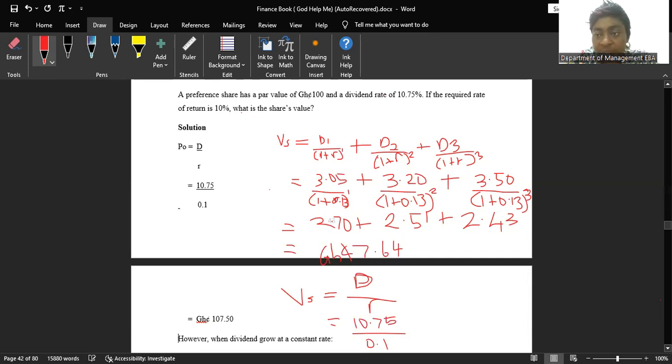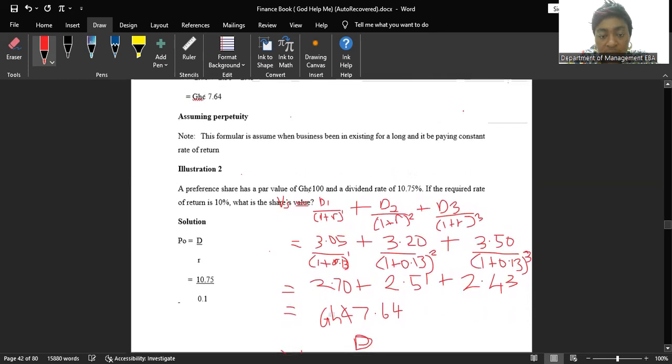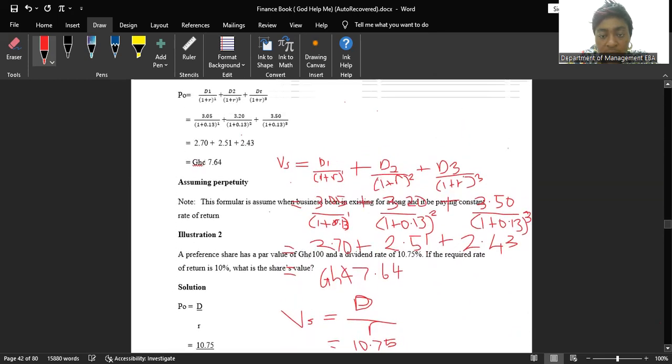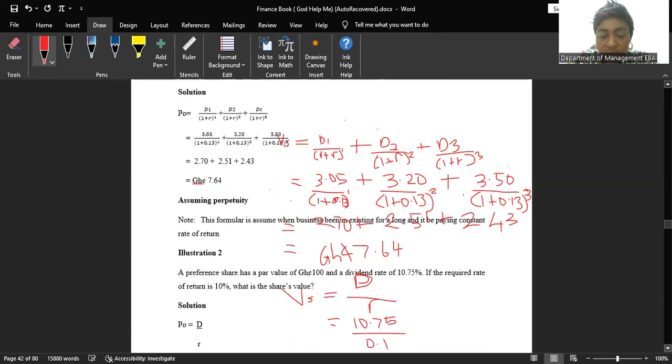What is happening? This thing is not supposed to move. I don't know why it's moving. Okay. I don't know what is happening, but